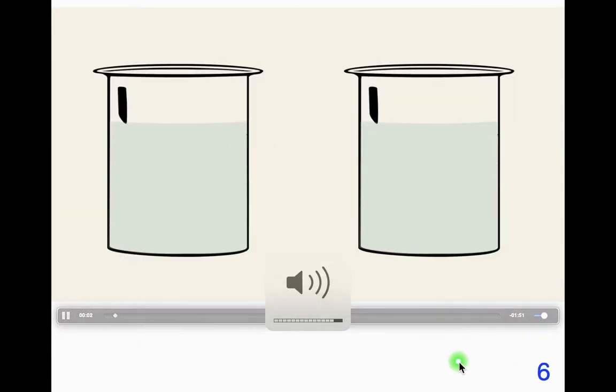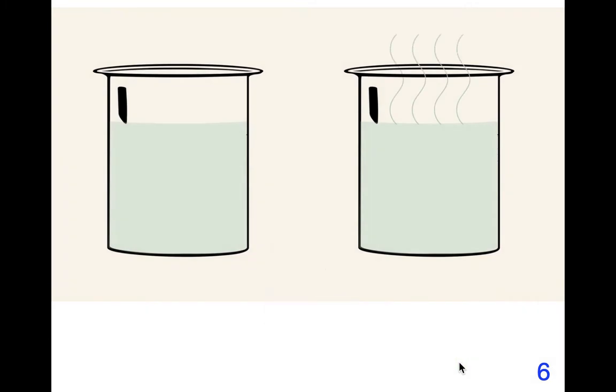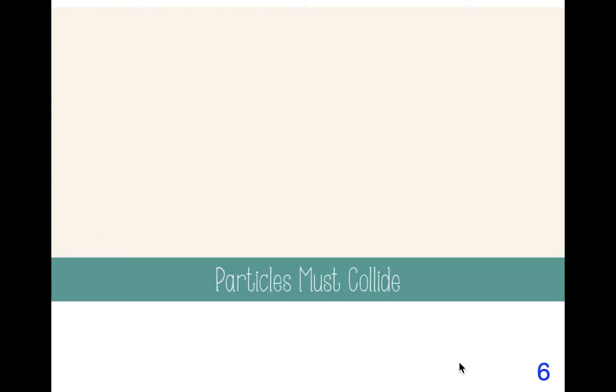Here's a beaker of cold water and a beaker of hot water. When you add sugar cubes to them, the one in the hot water will dissolve faster than the one in the cold water. To explain the different rates of reactions, Max Trautz and William Lewis came up with collision theory in the early 1900s. The first assumption of collision theory is that the particles must collide with one another in